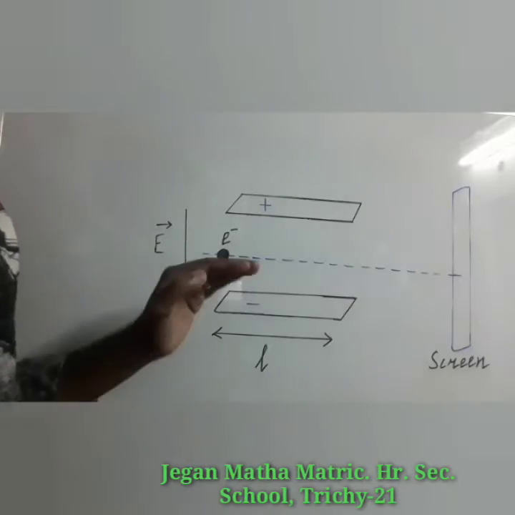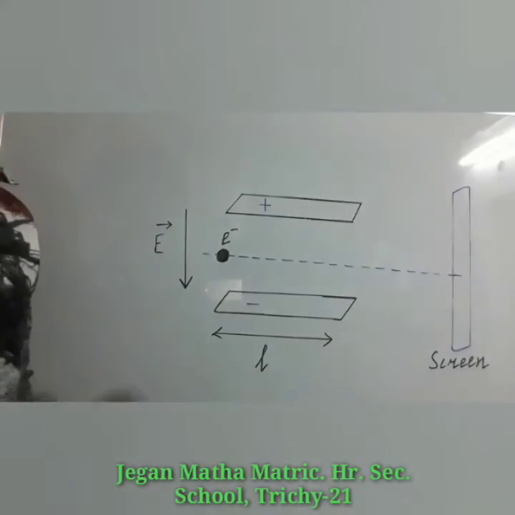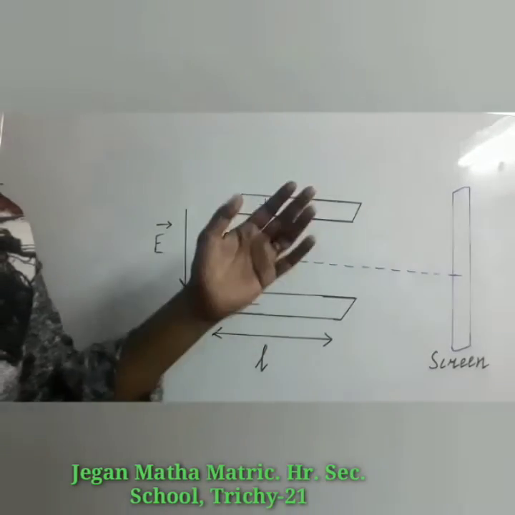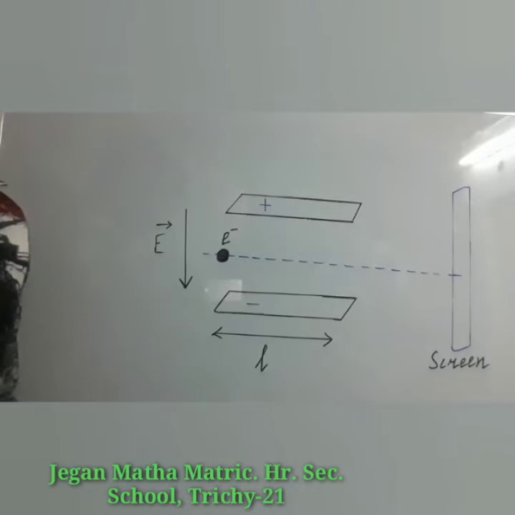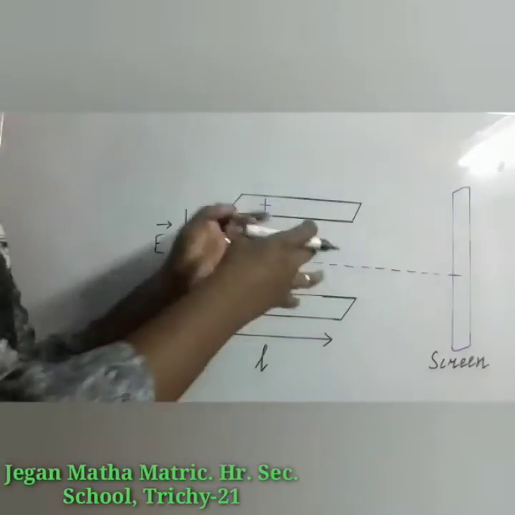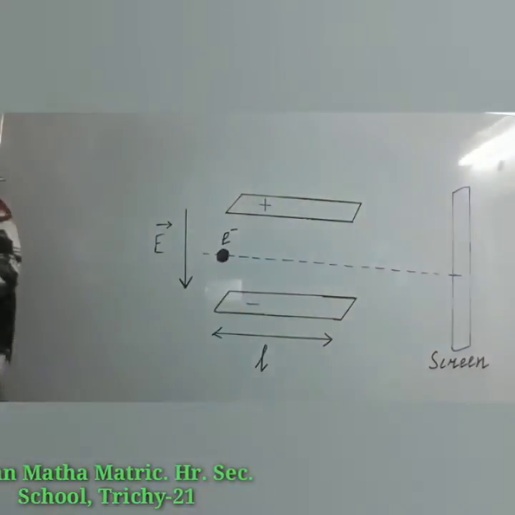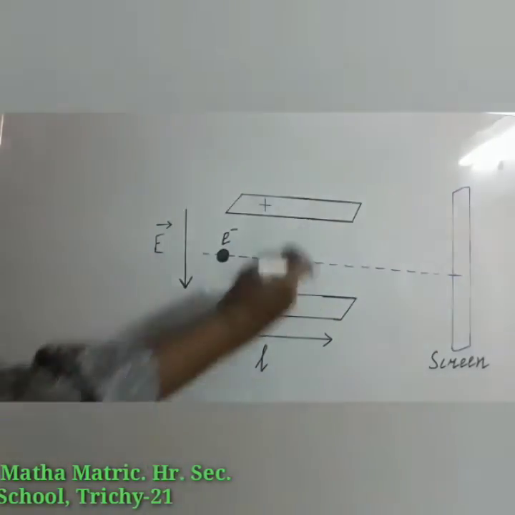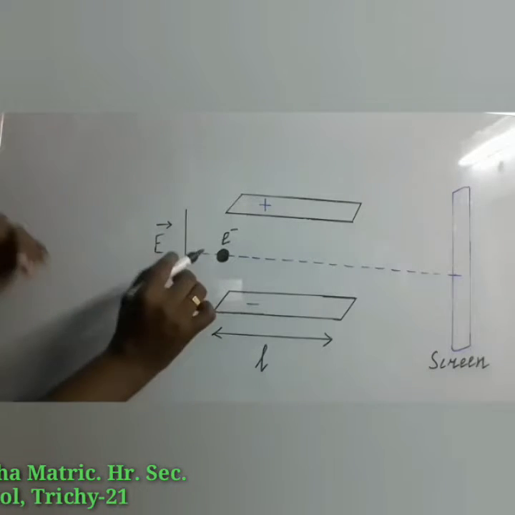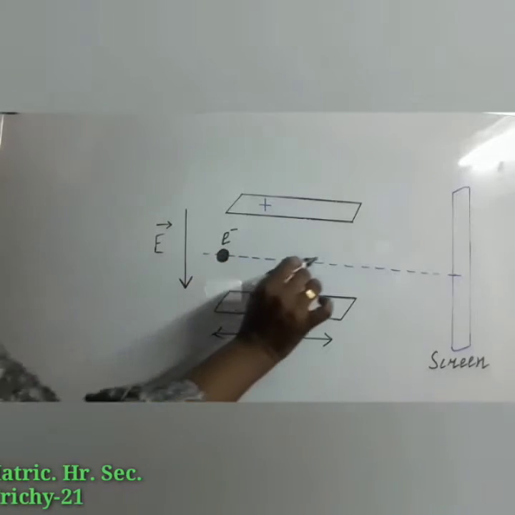That means deflection of charge only due to the uniform electric field. When the magnetic field is turned off, the deflection is only due to the electric field. In the last video we included the magnets, we applied the magnetic field also. Here there are no magnets, so the magnetic field is not there, only the electric field is developed between the charged plates. So in that electric field, a stream of electrons is going to move.